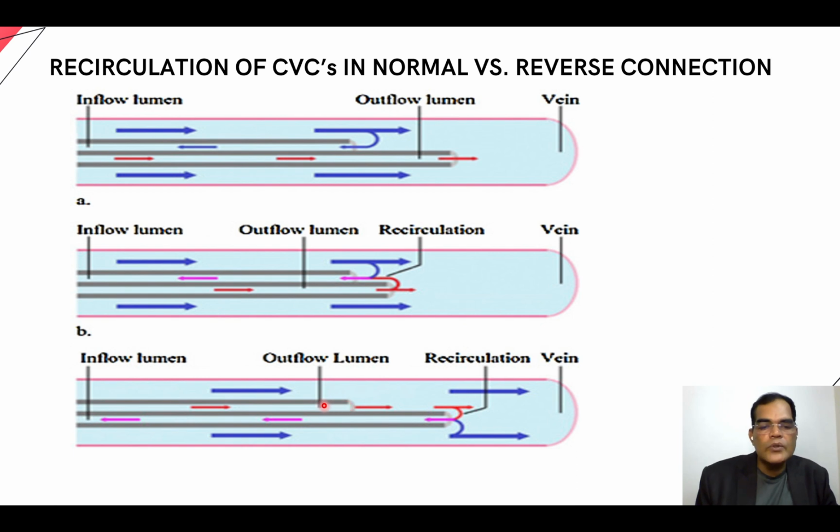Instead of taking blood through this, it will be taken through this venous cannula. So when you take blood through this venous cannula and return it back to the patient after dialysis, a larger portion of the blood which is returned to the patient has to pass through this area where there will be extremely high suction pressure because of the blood pump running at high speed. So almost a larger portion of the blood will be flowing back, meaning the blood which is dialyzed is again flowing back to the